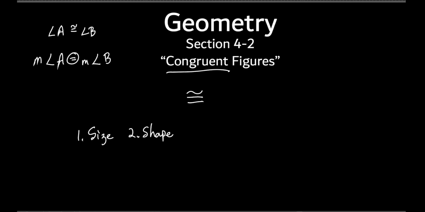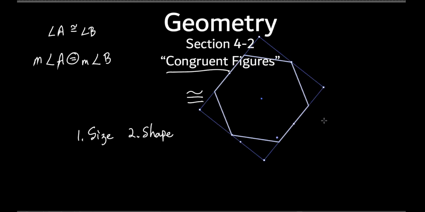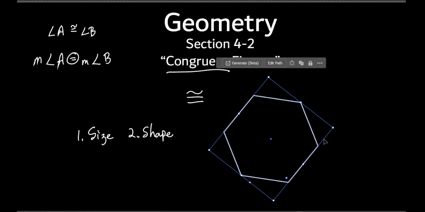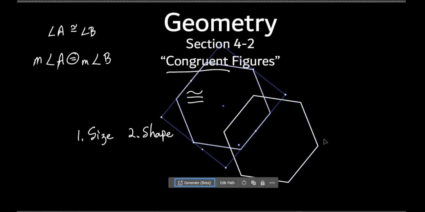So for instance, let's take a polygon, all right, a 6-sided polygon, that's fine. There we go. If I took this, watch this. On this program that I use, like on the board, I wouldn't be able to do this, but on this program I can do this. If I copy, paste,